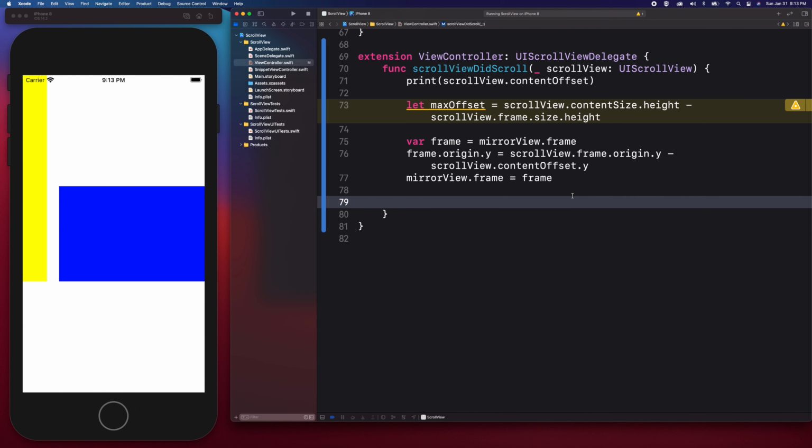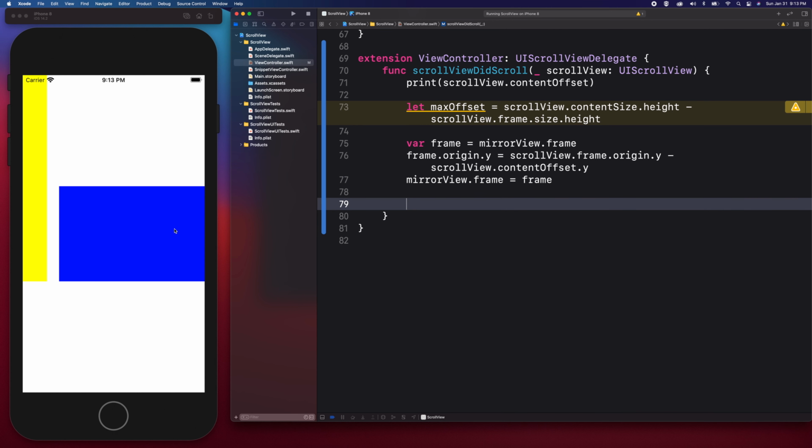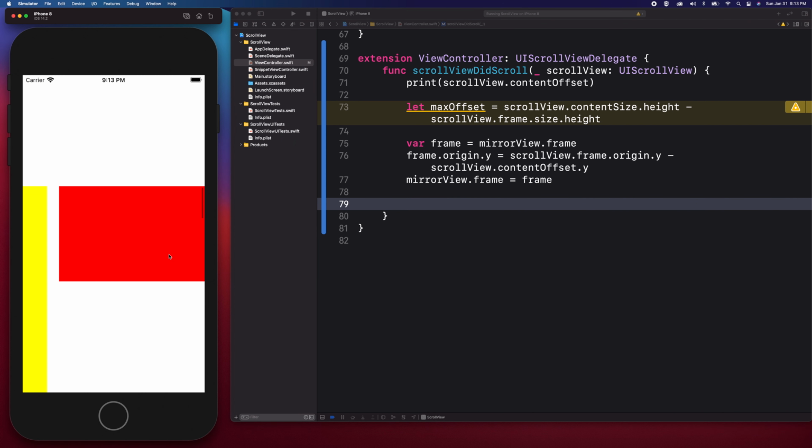I'm just going to reset the offset. If you scroll from the top, the offset is 0, and then the bottom would be 400, right? Which is our maximum content offset. So what will happen is when the scroll reaches the bottom, 400, then we reset it to 0. And then again, you scroll 400, and it will reset. Okay, so since I know what the maximum offset is, which is 400 in our example,